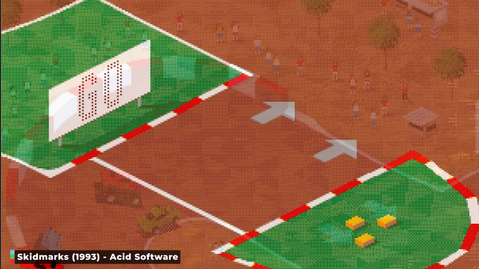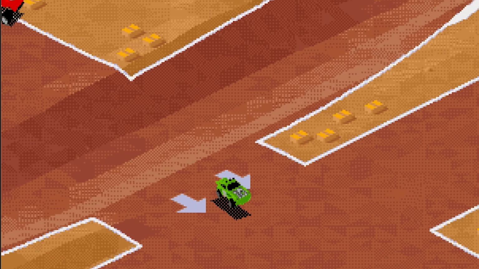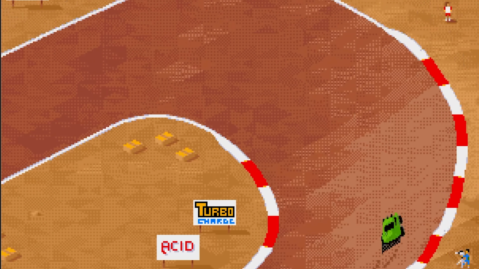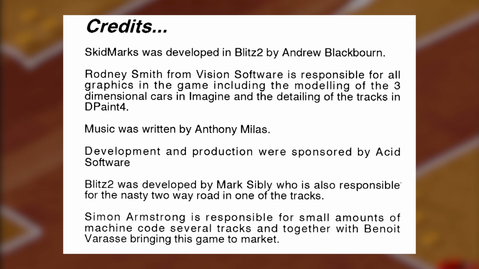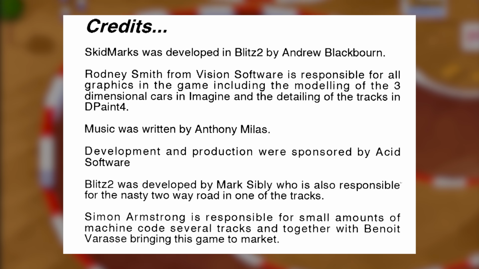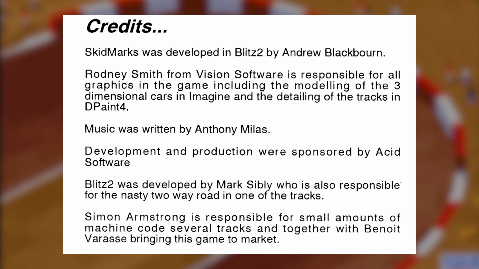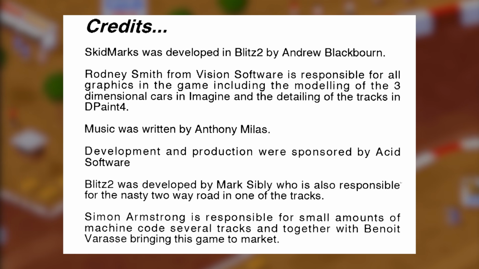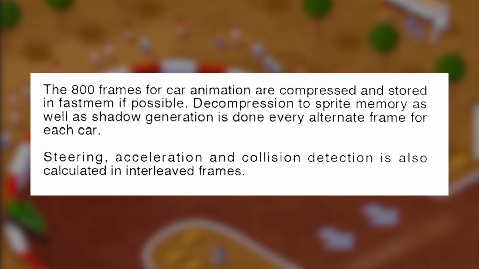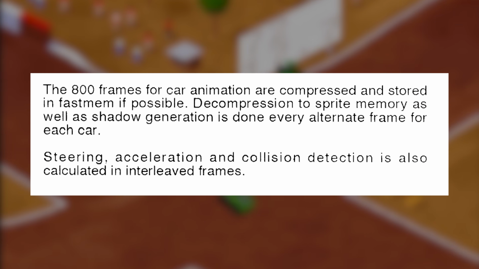Developed by Andrew Blackburn with art by Rodney Smith and music by Anthony Milas, the manual proudly declares Skid Marks was developed in Blitz 2. It also credits Blitz creator Mark Sibley for creating the nasty two-way road in one of the tracks. And this is fun, it even goes on to explain the game comprises 800 frames of compressed animation for the cars,